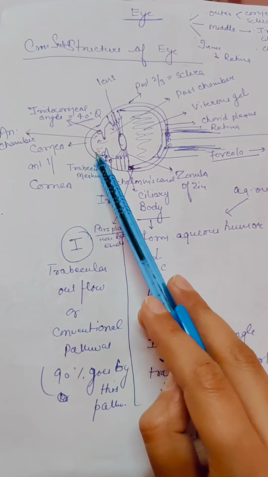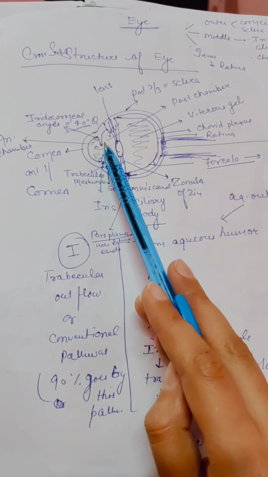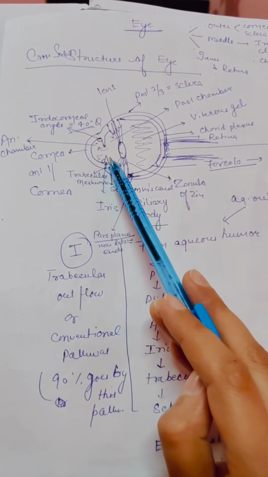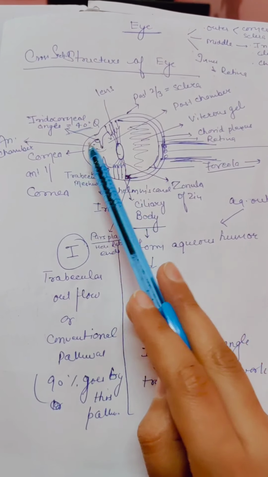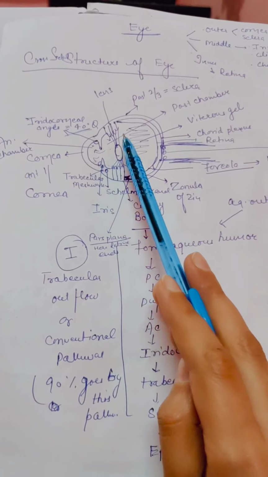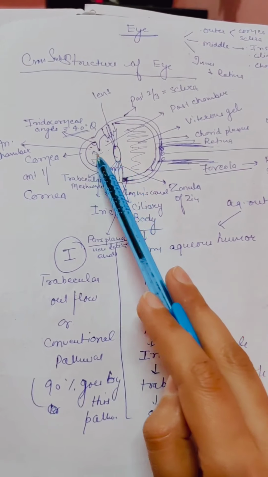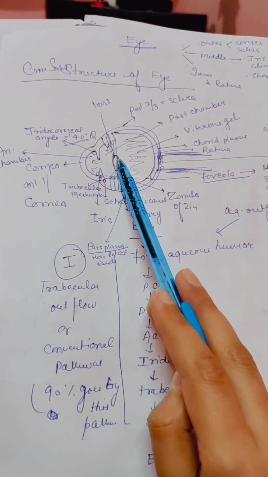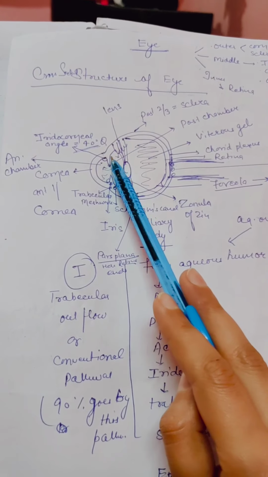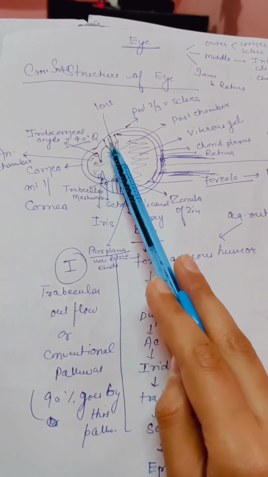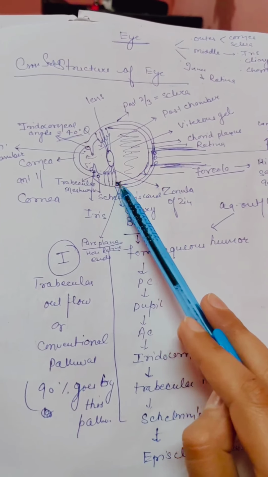Now this is the cornea. The outer structure is the sclera. Inside the cornea there is the iris, the pigmented portion. As this is a cross section, we are looking like this. Behind the iris, this is the aperture, the pupil. Behind the iris there is the lens. The middle structure consists of the iris, this is the ciliary body and this is the choroid.